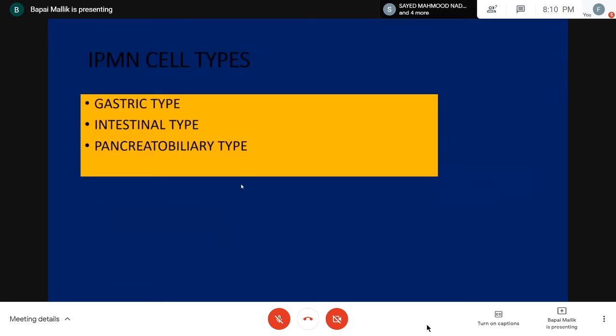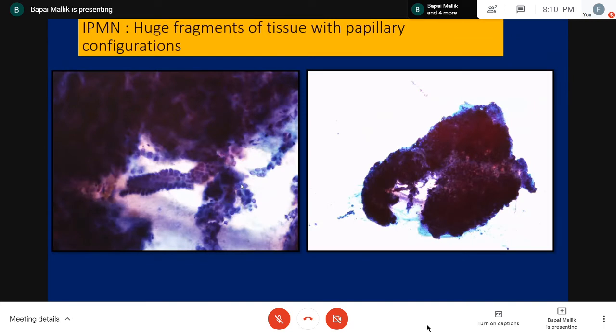Right. IPMN, there are various cell types. There could be the gastric type, the intestinal type, and the pancreatobiliary type. We really do not try to separate those on cytomorphology, but you can see different kinds of appearances. It is believed, and many say, that it is not always possible to differentiate between the mucinous cystic neoplasm and the intraductal papillary mucinous neoplasm on cytology. It may be so under various circumstances, but